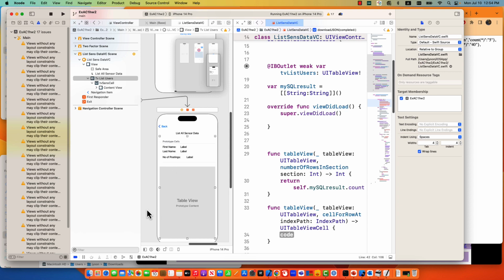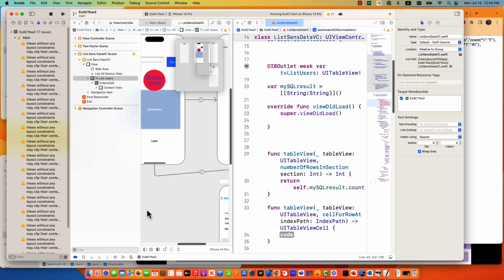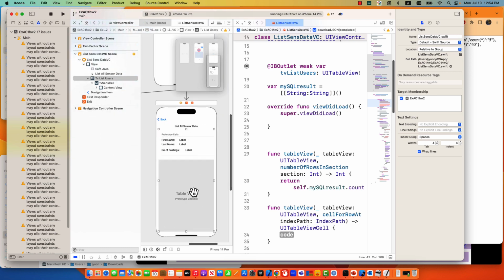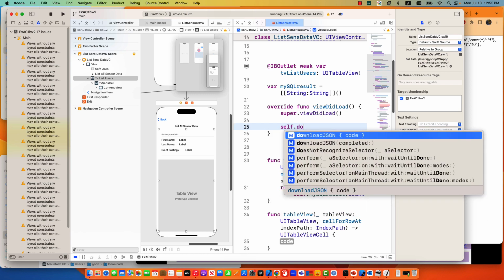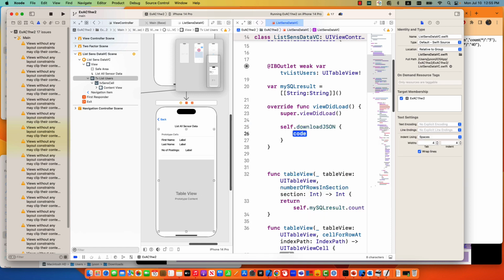Remember that here, when the display JSON button is clicked, then you want to list it. It can be done in viewDidLoad. So within viewDidLoad, I would say self.downloadJSON, and in this code you can do simply